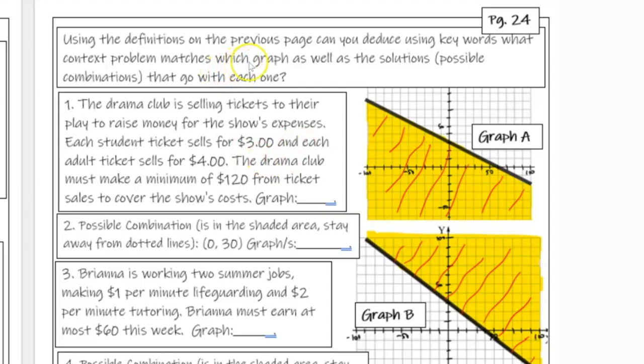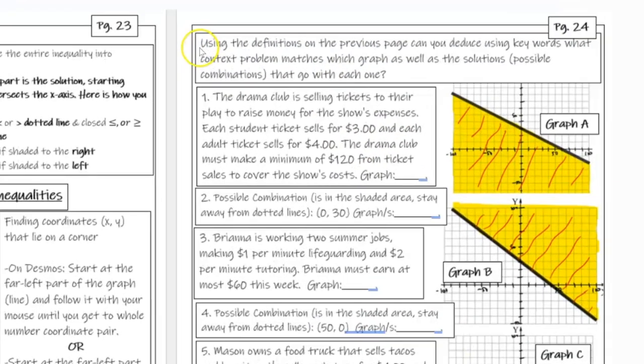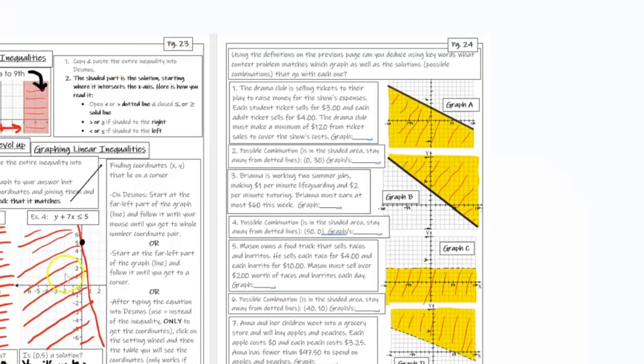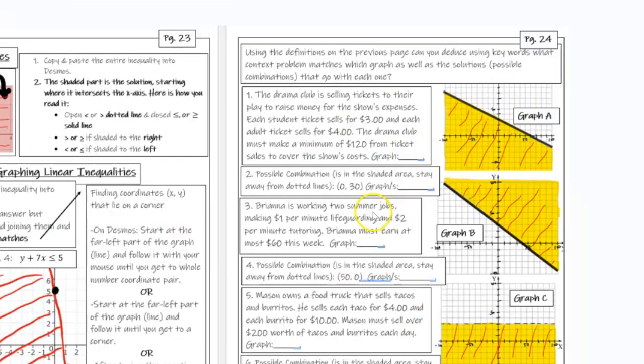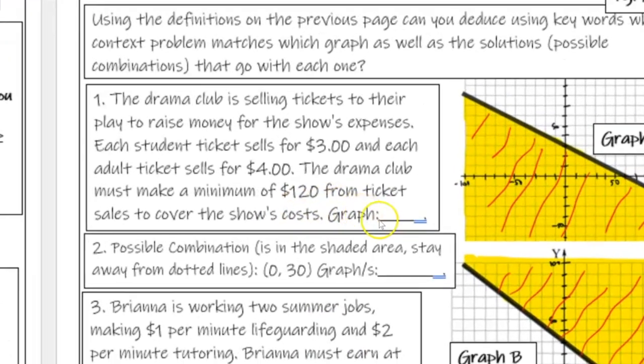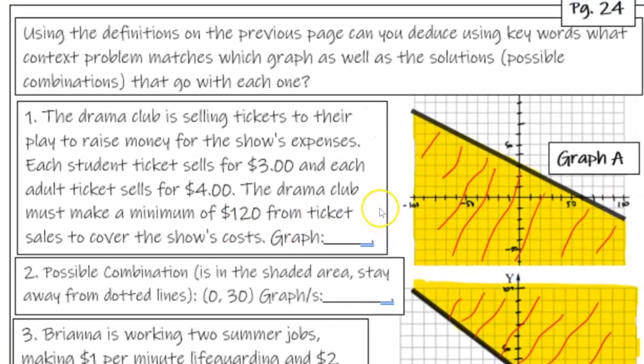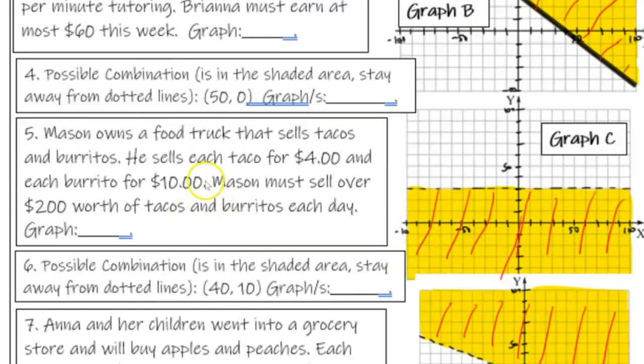Right, so we're going to use what we learned on the vocab page and what we just learned about the graphics and solutions to deduce this. So this will be test-taking strategies. We're not really going to solve these problems by hand just yet. We are going to do that by the end of the unit. But if you were taking a test, how would you know what these answers were based on what we've done